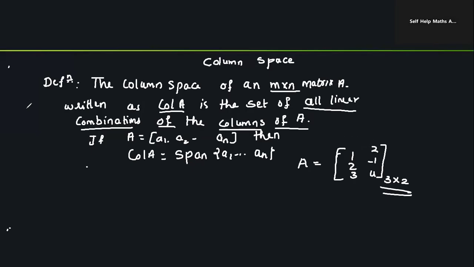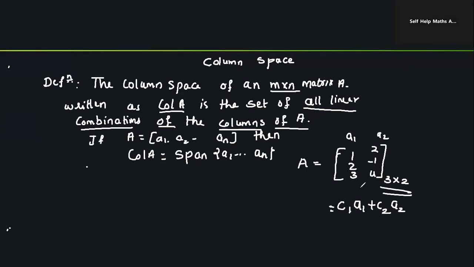Here I take the specific columns as A1 and A2. If I consider any linear combination of these columns, say C1 A1 plus C2 A2, where C1 and C2 are any scalars,